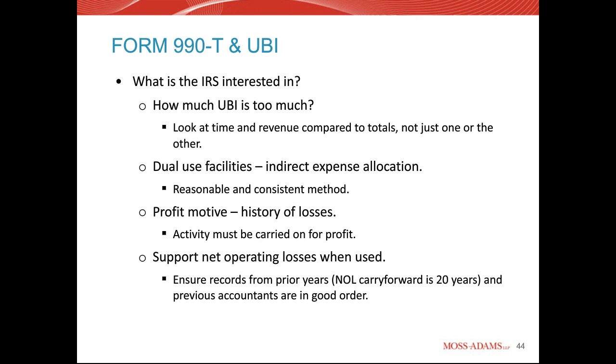The other ones have to do with expense allocation that Patty talked about, and a history of losses. You've got to have a profit motive, and then to be able to support those net operating losses when used, even if those losses were generated 10, 15 years ago. So these are the kinds of things the IRS will be maybe looking at in correspondence audit